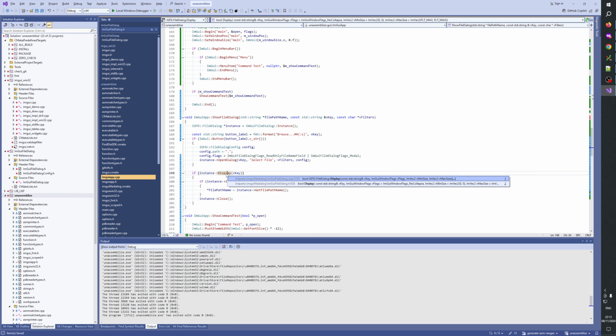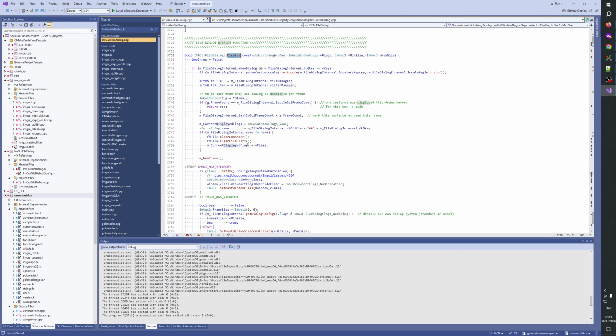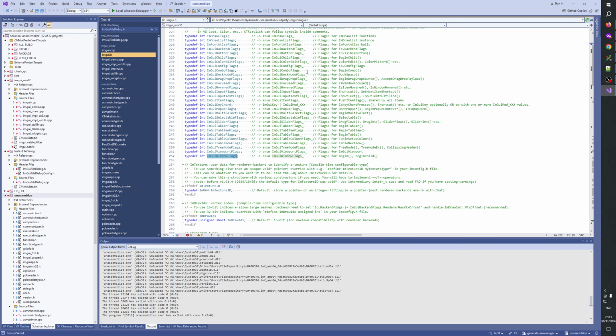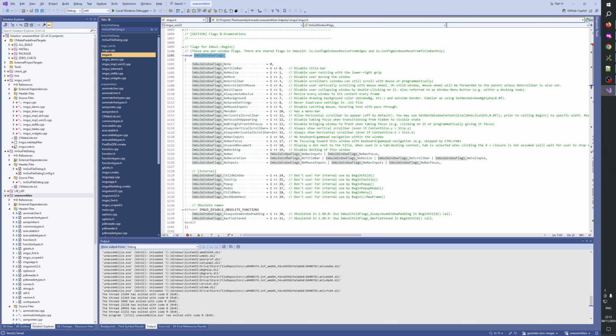Display. Ah, this one takes window flags. Okay, so in the window flags, we can say